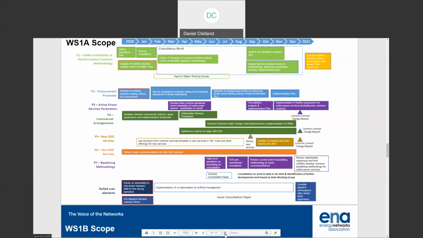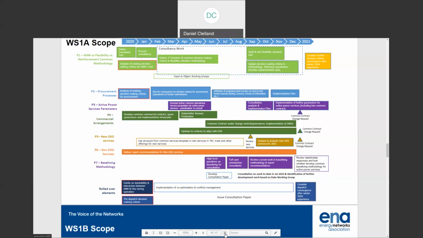Product 6 is around the non-DSO services, so looking at what other marketplaces might we facilitate here. It builds on some of the work done in the industry-led non-SCR work in the charging review, so looking at markets for capacity and constraints. And we are going to progress those through this year.